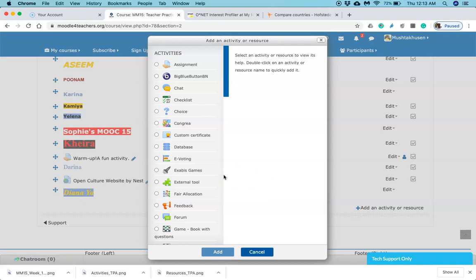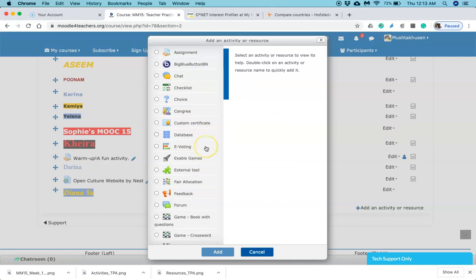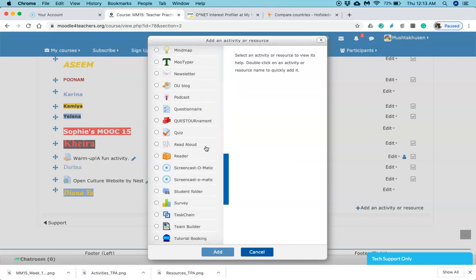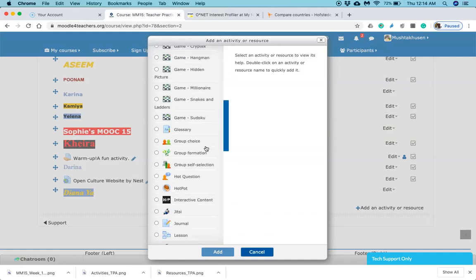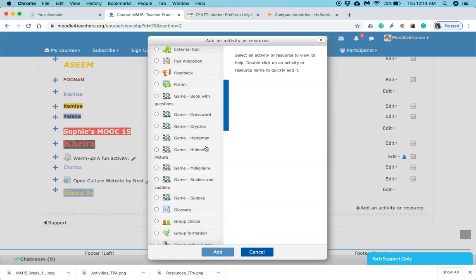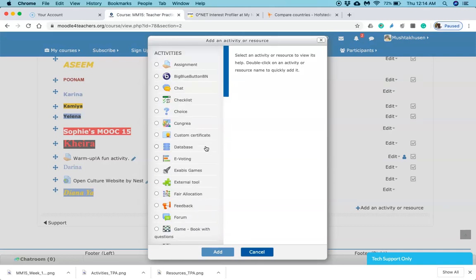Now let me tell you the fact. So how many activities do we have on Moodle? So we have 53 activities that we can add. So you heard me right. It's 53. So I'm going to explore and demonstrate one by one. Now if I take you through all 53 activities and add some details or content, then it might take a couple of, say, hours. So I'm going to show a few examples.